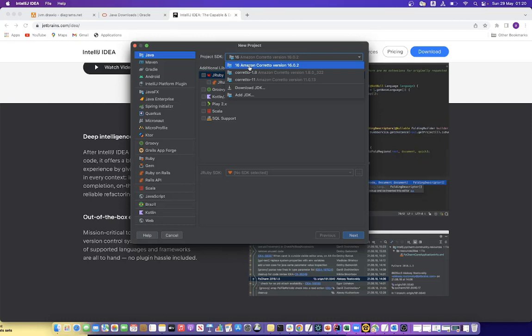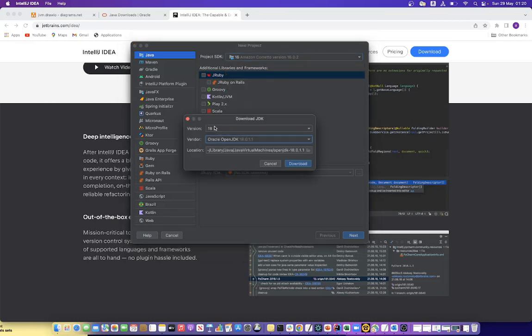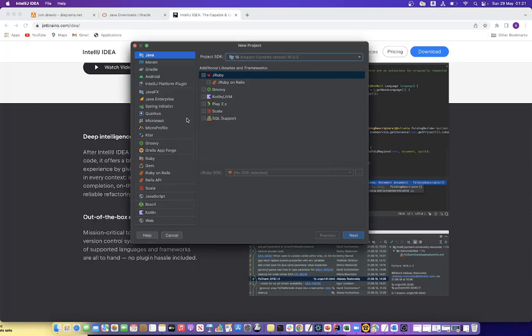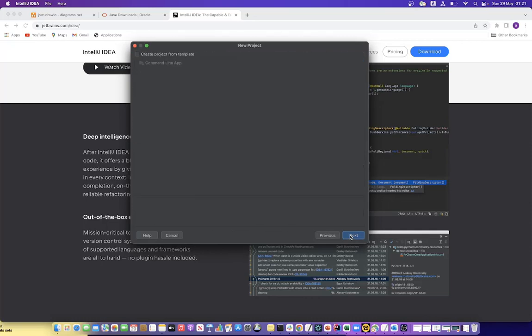I'm using JDK 16, and you can see that there is another download JDK option. While creating your Java application, you can click on that and it will already give you an option, and the latest version is 18, which I showed you. There is Oracle OpenJDK which we need, and then it will also automatically pick up a path and set that for you. So we just need to download that, and that's it. Then we can proceed with creating an application. I already have a JDK, so I don't need to install it. I'm going to just click on next